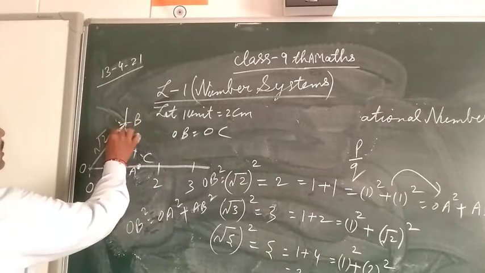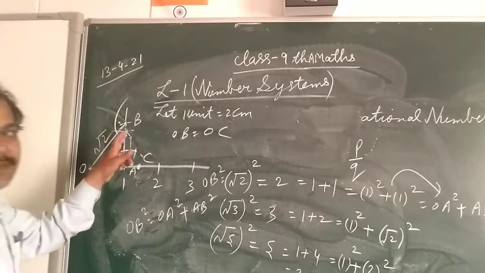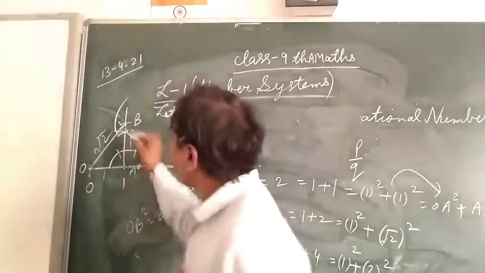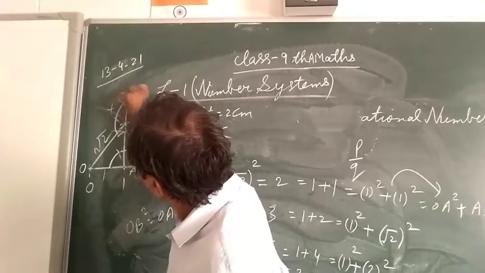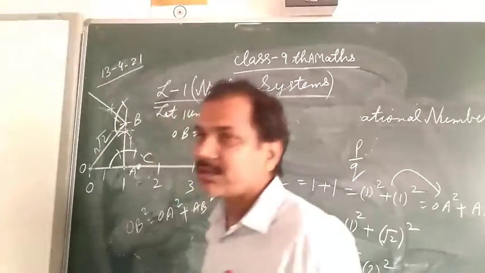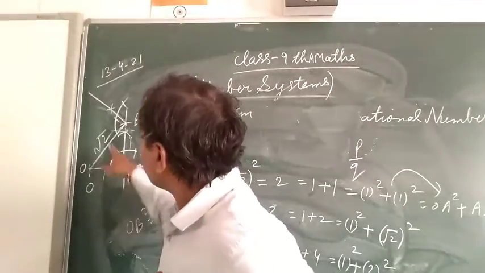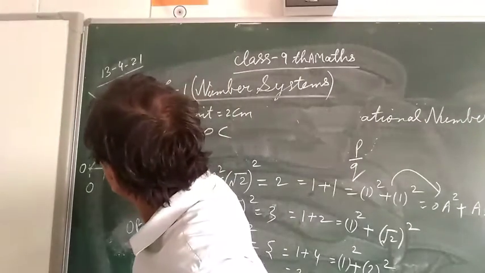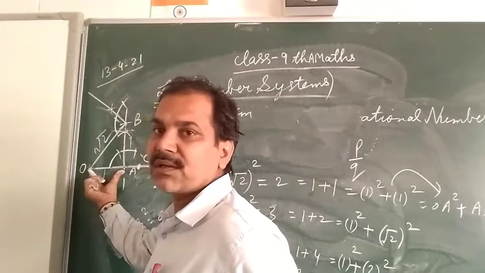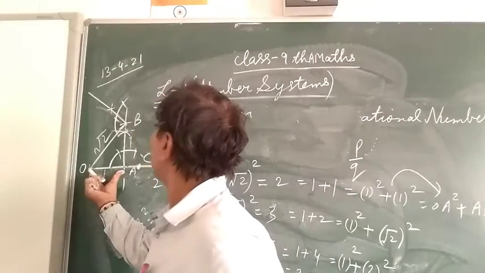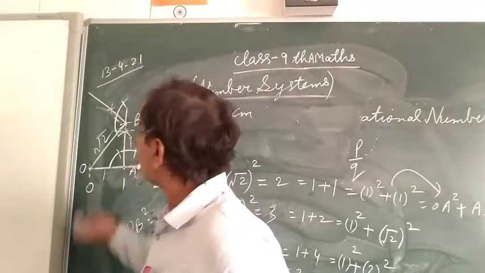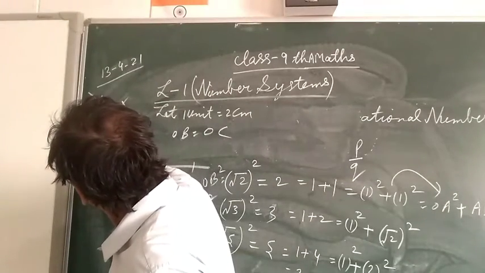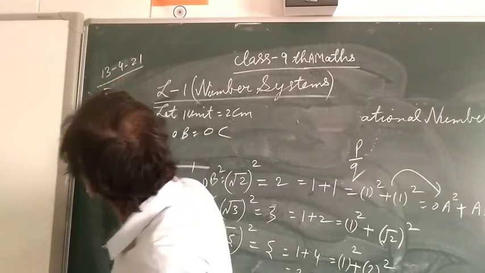So on this point you draw again a 90 degree angle at point B. Clear? Then from that point you join it. So this under root 2, you see here, under root 2 square plus 1 square. From this point again take this distance in compass, that 2 centimeter you suppose, that is equal to 1 unit. Then cut it. Then join O to this point, and suppose this point D.